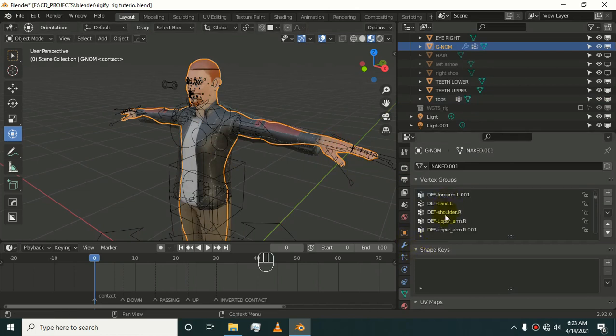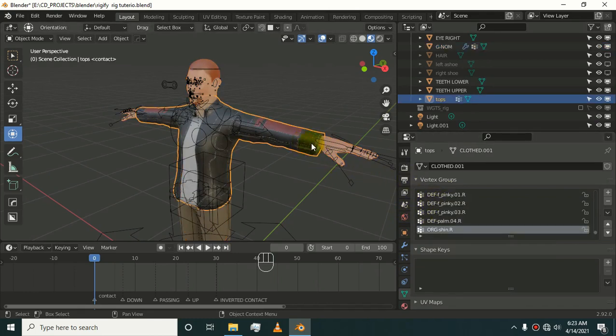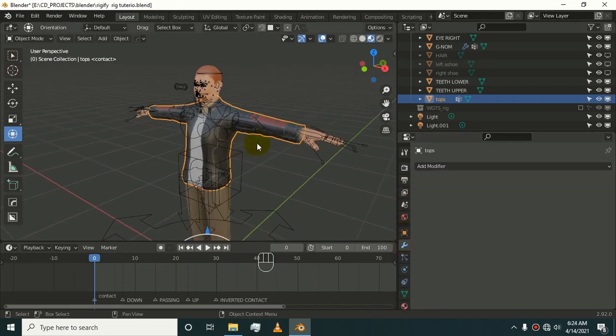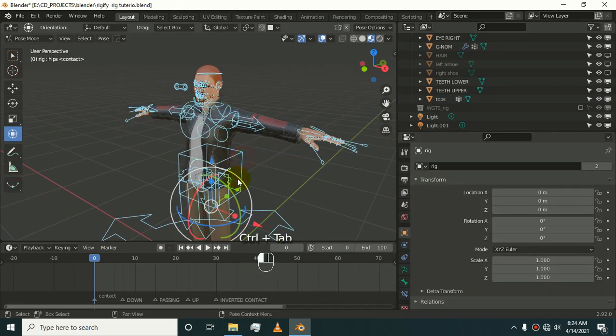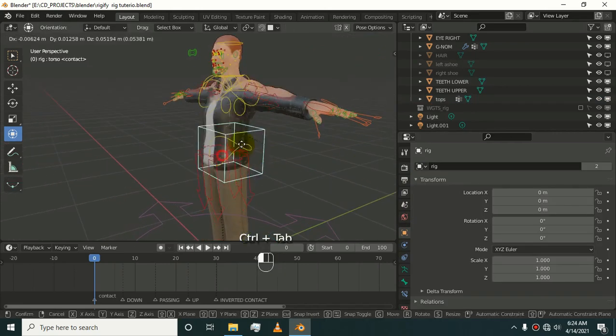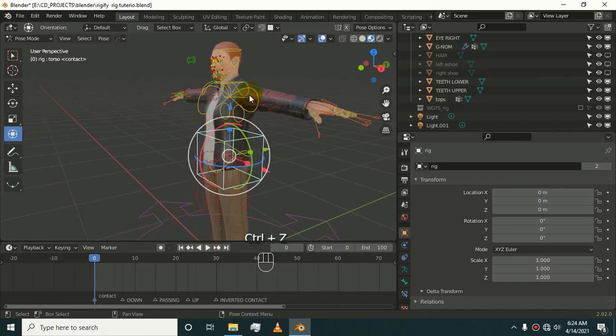Look at this, this is our body genome. It has all the necessary information, or vertex groups, and now these vertex groups are copied to our shirt. So now our shirt has all the vertex groups. But if we go to pose mode, it will not move with it.